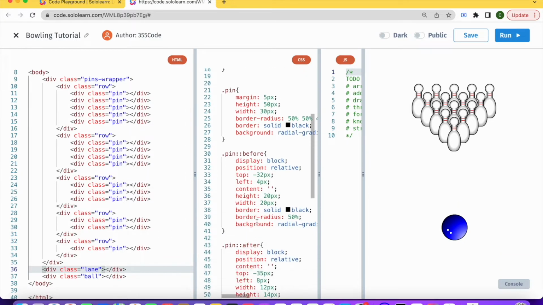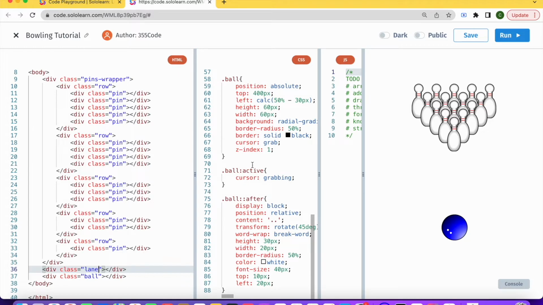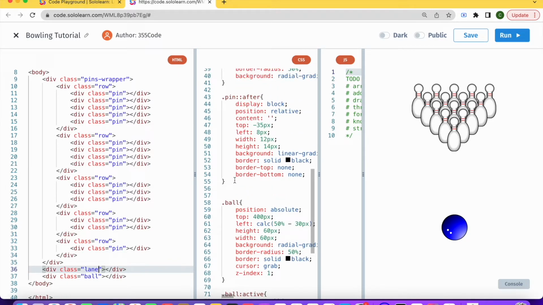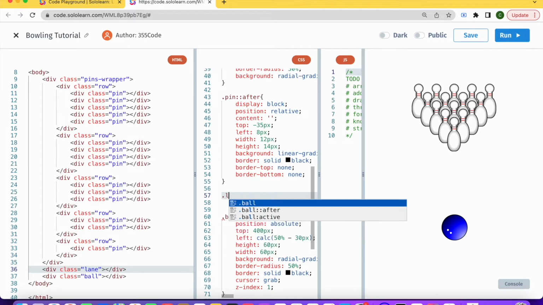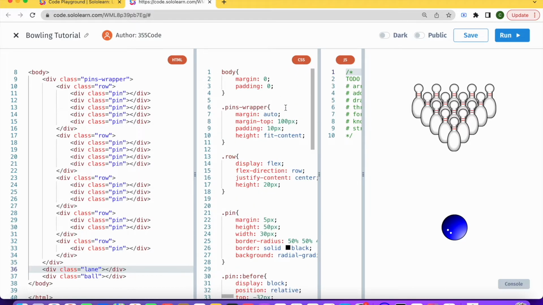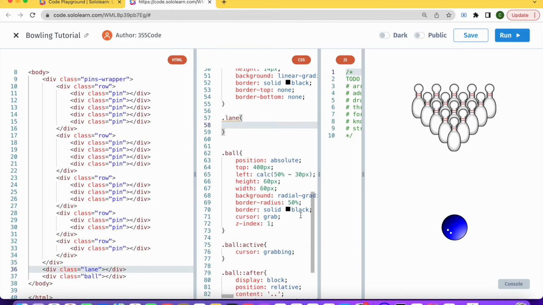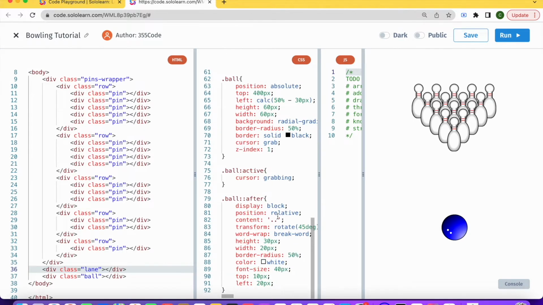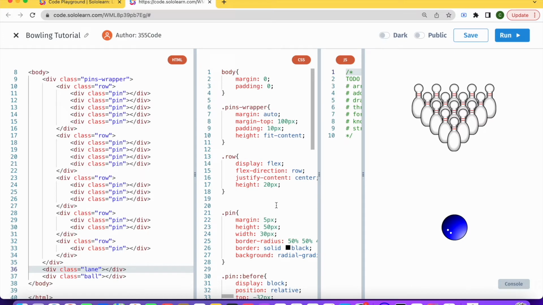And for now, I'm going to set this up right here between the pins and the balls in my CSS. I like to organize my CSS by some kind of logic. So here you can see that it's really from top to bottom and from parent to child. That's how I've organized it over here. You might be following some other convention. I know some people do it in alphabetical order,